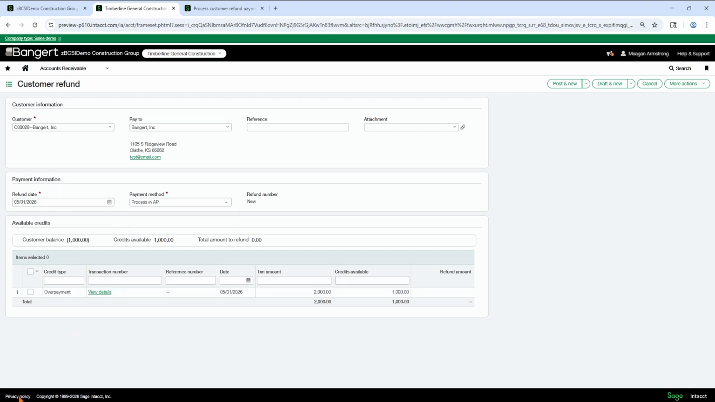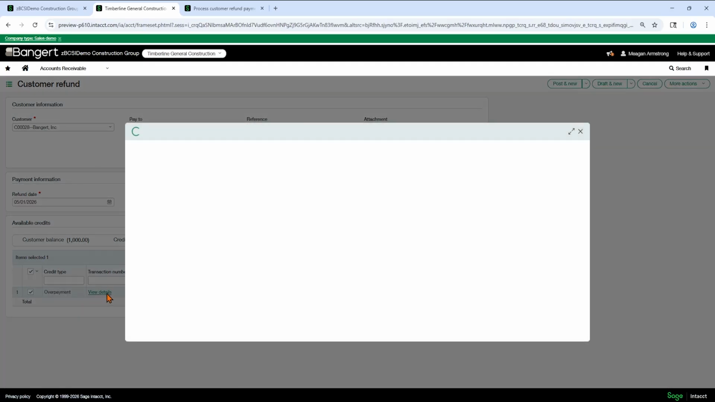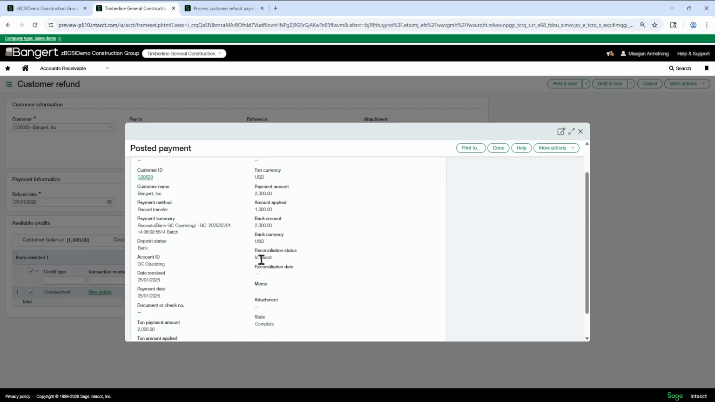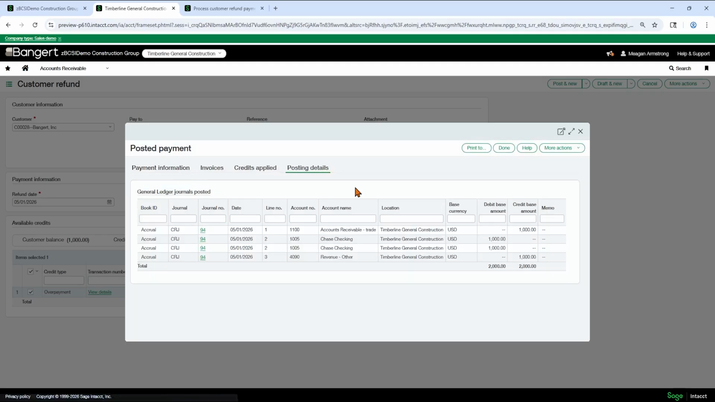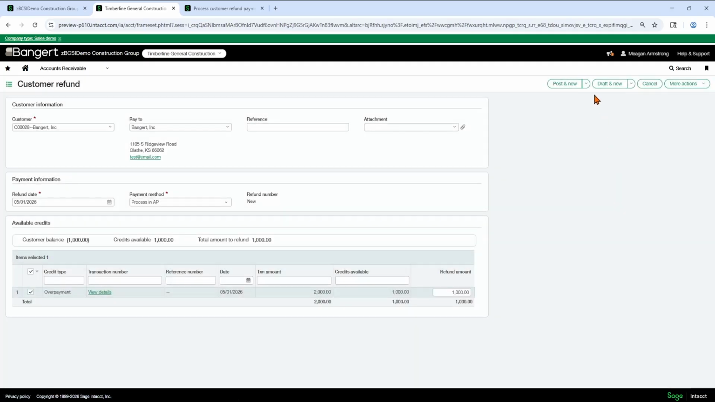So here you'll have all of your available credits. I'm going to check this. So here was the overpayment amount. You'll see the original transaction amount and the credit available in the refund we're going to do. You can also click into here to see the details of the original payment, what invoices it was applied to, and everything like that. So I'm going to hit post and new because I know Peach also overpaid us a